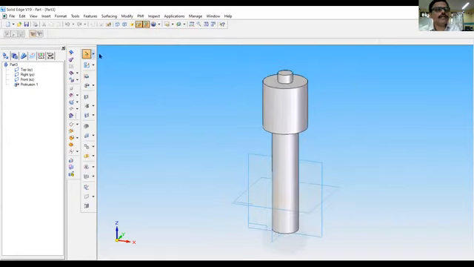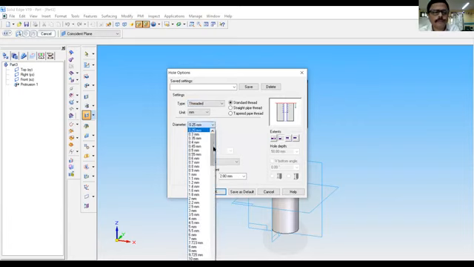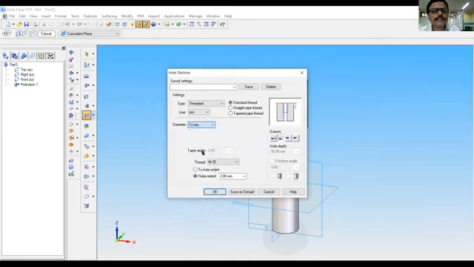Here there is a hole on the top of that. So what is the type of the hole? It is a threaded hole. Make it threaded and it is M12. The type of hole is M12. So diameter is 12 mm and hole depth is 30 mm.